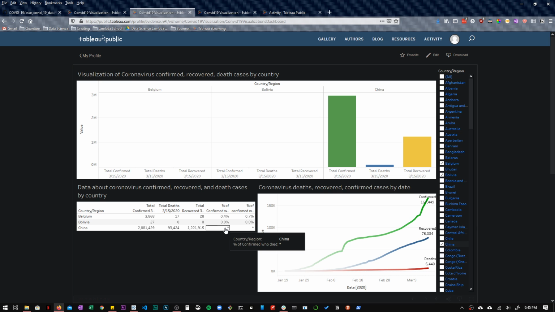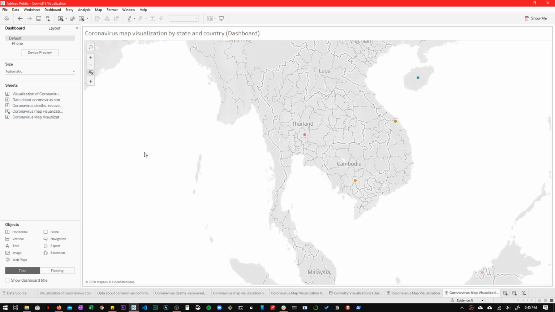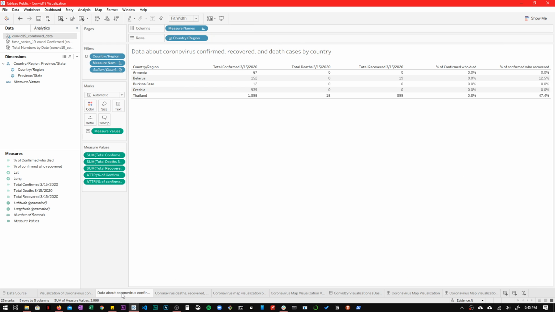Why is this in percentage sign? That's a good question. Why is this in percentage? Hmm. Let's go back to Tableau real quick and let's look at this right here. So let's look at the filters for it. Let's look at